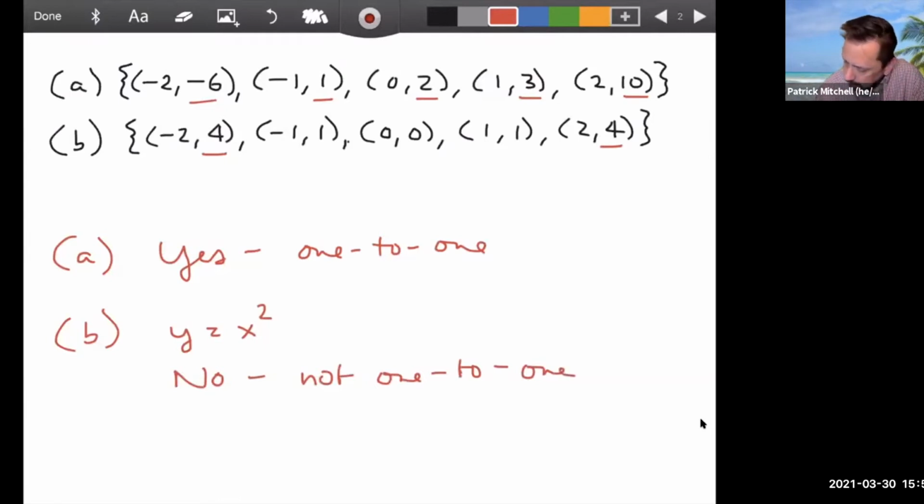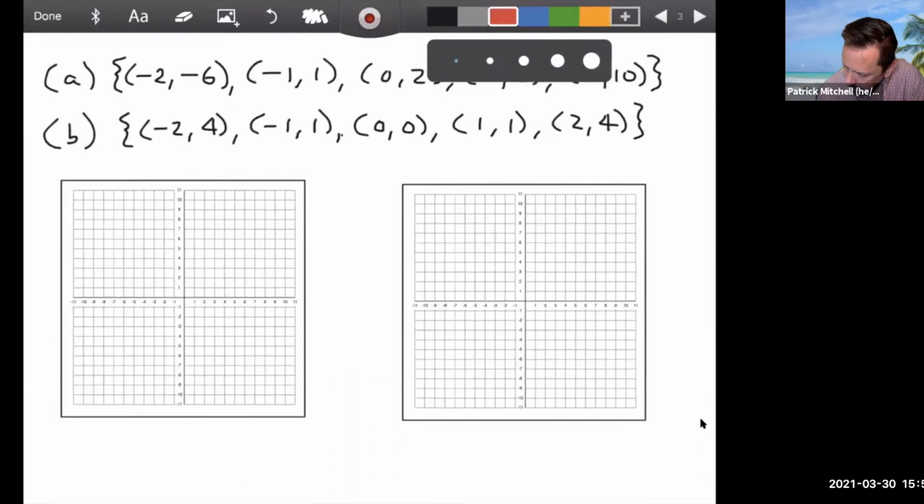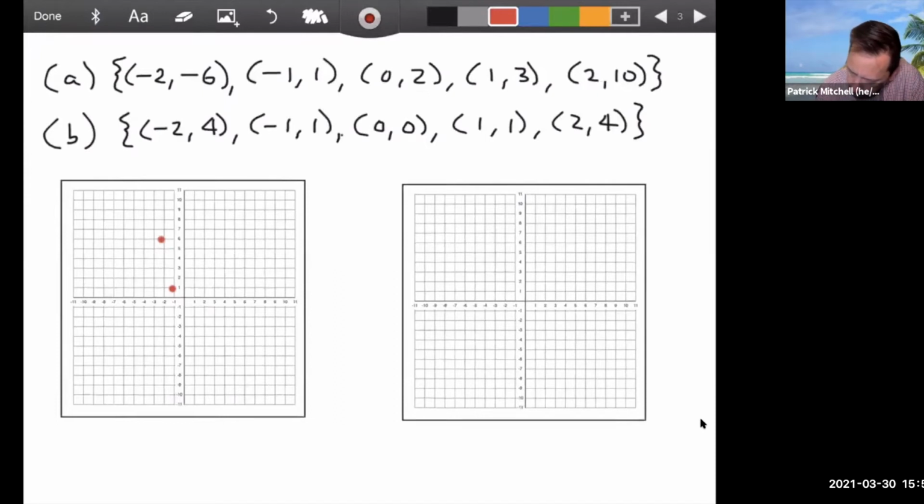Okay, so now let me try something here. When I go to plot these points, starting with letter A, I have -2, 6, right about there, -1, 1, 0, oh no, I messed that up. Let's start over. -2, -6. There we go. -1, 1, 0, 2, 1, 3, 2, 10. So we have 5 different y values,